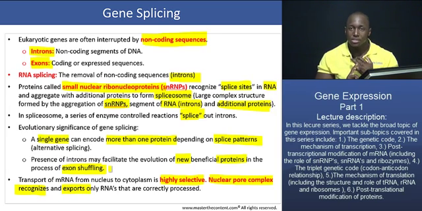So what is a pore complex going to check mRNA for? It's going to check mRNA for a 5' cap. It's going to check mRNA for a poly-A tail, a polyadenylation tail, and it's also going to check to make sure that the introns have been removed or excised, so that it's actually ready for translation. So a host of different molecular mechanisms and markers have evolved over time to ensure that this process happens smoothly and perfectly nearly every single time. So what we have on the next slide here